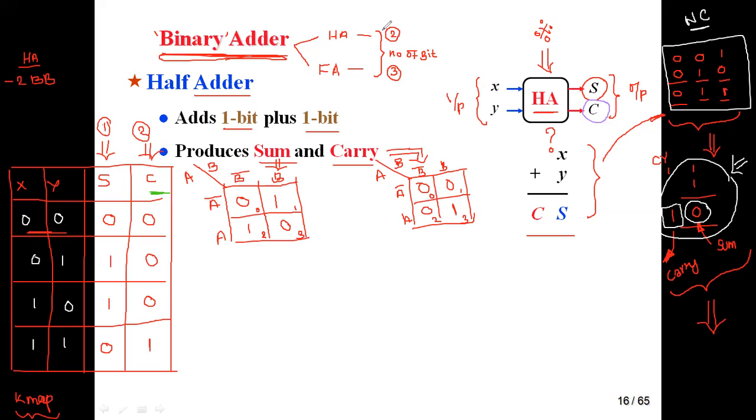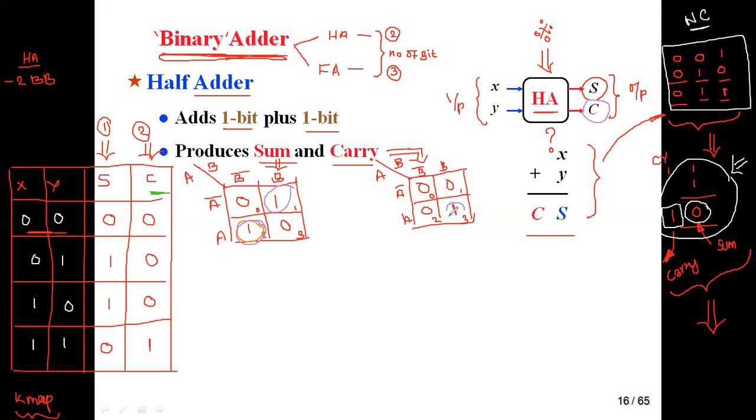What is the next step in Karnaugh map reduction? We are going to do grouping. There is no possibility of grouping four cells, because two zeros and three zeros are available in sum and carry respectively. Then the next possible combination is grouping two ones. For the carry it is possible, but I'm not going to explain using that. So straight away I'm going to use individual grouping. That means this one alone is taken as a grouping, this one alone is taken as a grouping, so this is one, and another one is this.